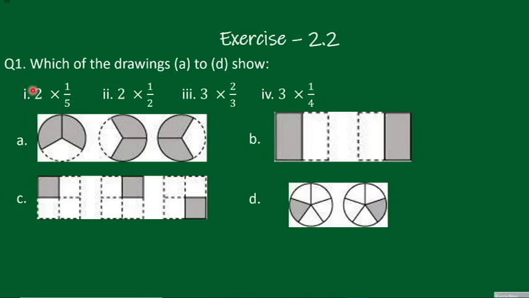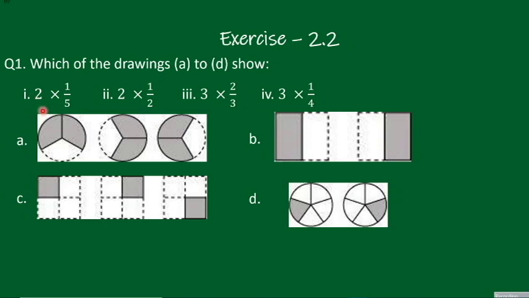The value of the circle square should be 2, in which 1 part is shaded out of 5. Out of 5 only 1 part is shaded. So see, here we have 1, 2, 3 figures. So definitely no. In 3 figures we have 1, 2, 3 parts in each, in which 2 parts are shaded. So it is totally not this. Okay, so here we need only one part shaded and the total parts should be 5.